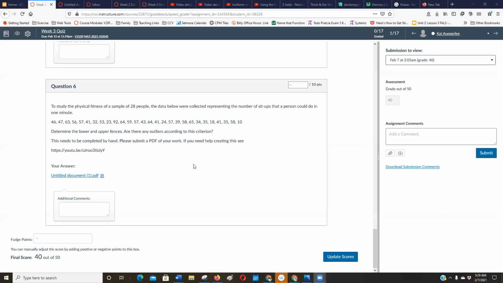So I'm going to try to show you this last question in the week 3 quiz. And that isn't the math I want to show you. It's how do you take these numbers that I've got listed out, separated by commas, and transform those into a table so I can just copy and paste it into software, or into Excel or a spreadsheet if you want. I don't know if you know how to do that, and